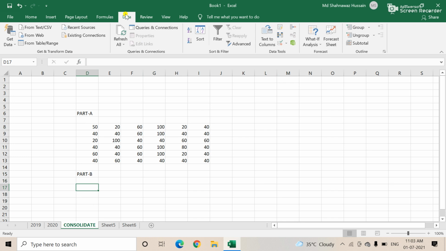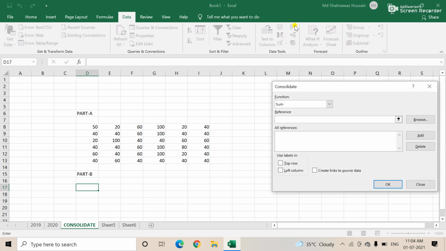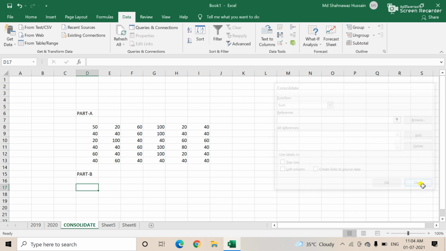Then click on Data. Then after this, here are the options. Consolidate data. Just click there. Again I am showing you. First you put your cursor anywhere in the sheet, just like this, and after this you click on Data, right?